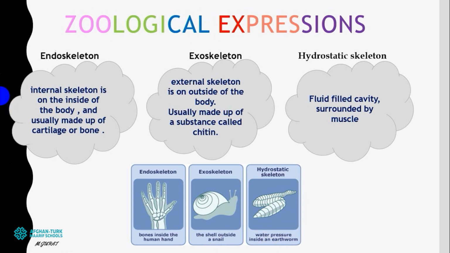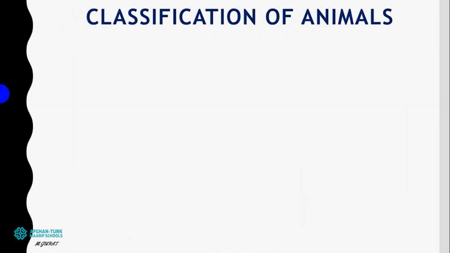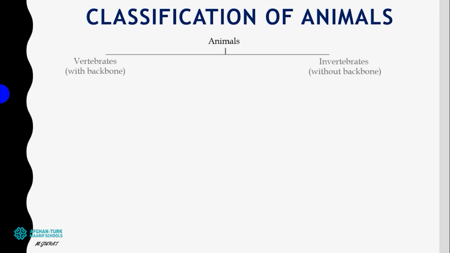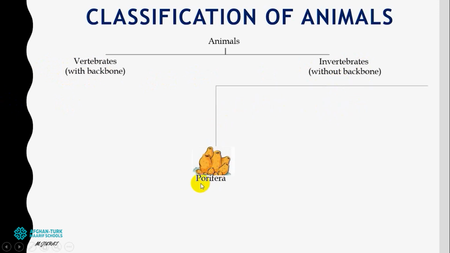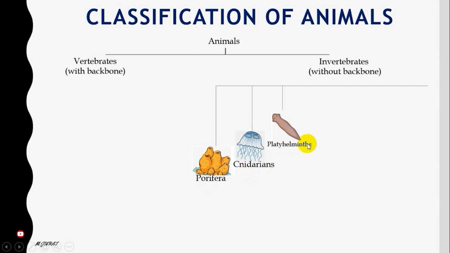So now it's time to classify animals. Scientists classified animals in two ways: vertebrates and invertebrates. Animals with backbone, animals without backbone. Further, they divide animals without backbone into Porifera, which are primitive animals living inside water. Cnidaria, like jellyfish, which are also living inside water. Platyhelminth, a kind of